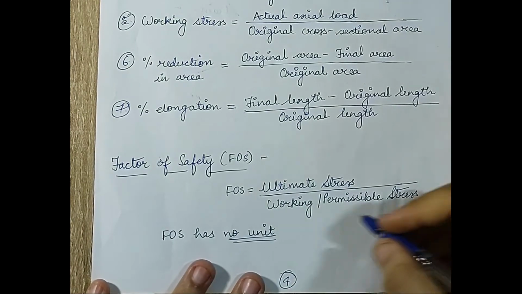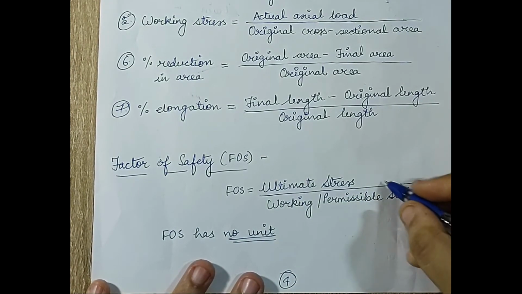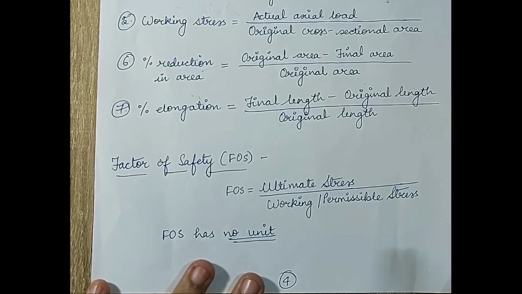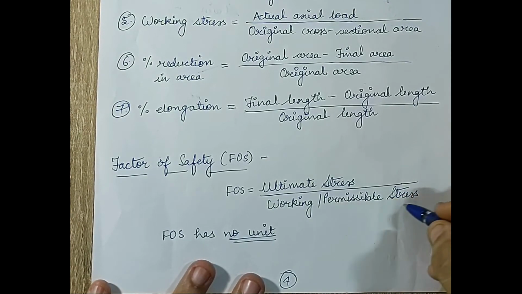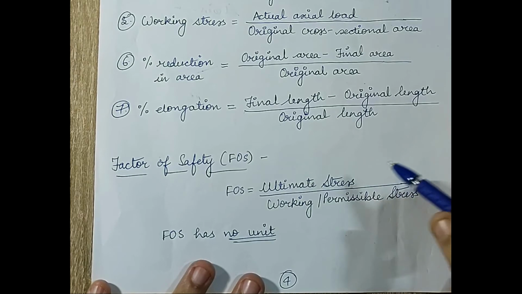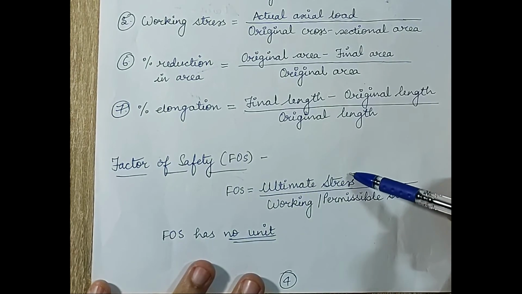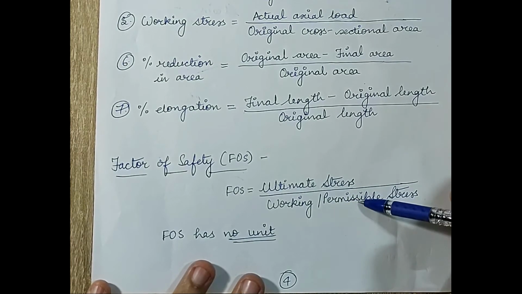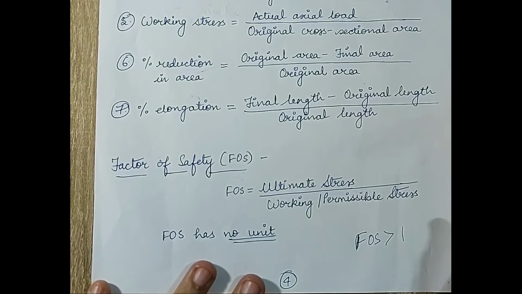But it is always subjected to the working or permissible stress, which is much lower, because the cord is going to come under a fluctuating kind of load, with people entering the lift and leaving the lift. So there will be a fluctuating load which can lead to stress and fatigue, which is failure in a material. To avoid that, we always work under the permissible stress, and the ultimate stress is what we design the material for. So if you observe, factor of safety will always be greater than 1 because ultimate and working or permissible stress will never be equal. Ultimate will be much greater than the working value. So factor of safety is always greater than 1.